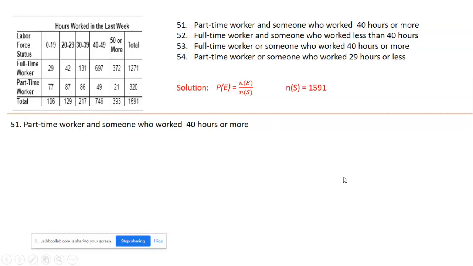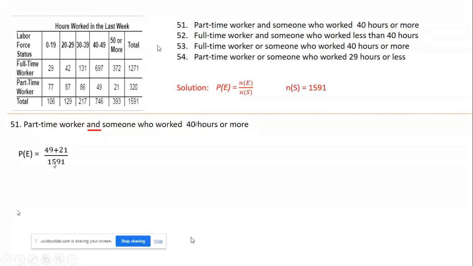51 part-time workers and someone who worked 40 hours or more. Okay, so the word to look at here is the "and". So when we're doing this, it's like that first example that we did, right? I think it was an even and a face card, I believe. I don't remember. So here, for the "and",